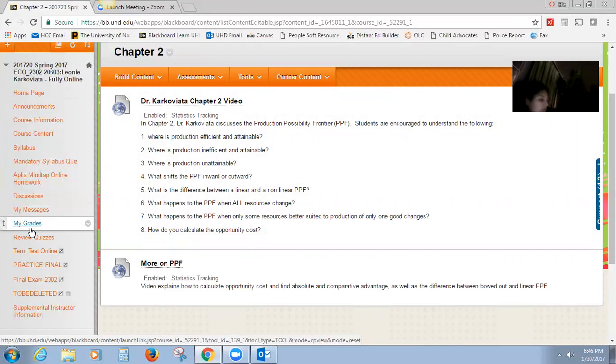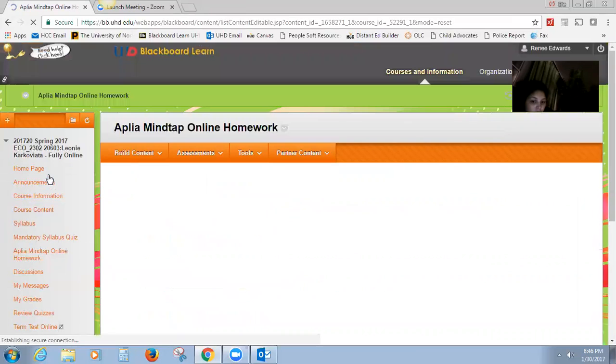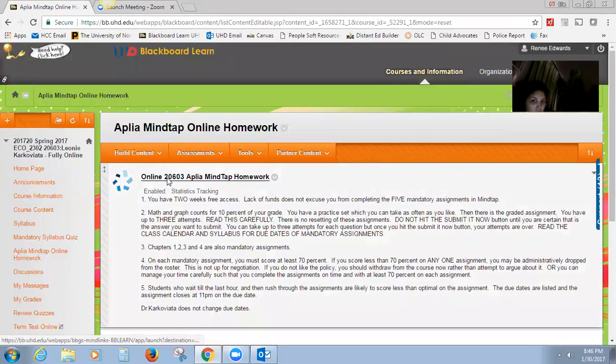And there's feedback in there. So like every single one that you got wrong, there's an explanation. Also, guys, I cannot stress to you enough, and I think I've shown you this before, use Adaptive Test Prep. That's located inside of Apply and MindTap, Cengage, whatever you want to call it. When you go in here,